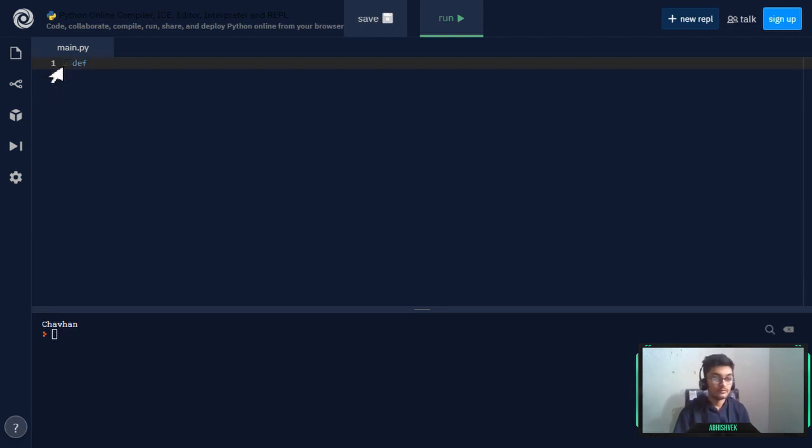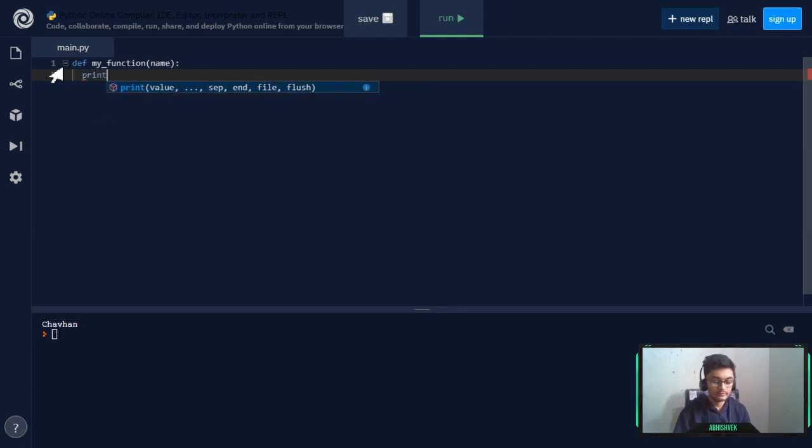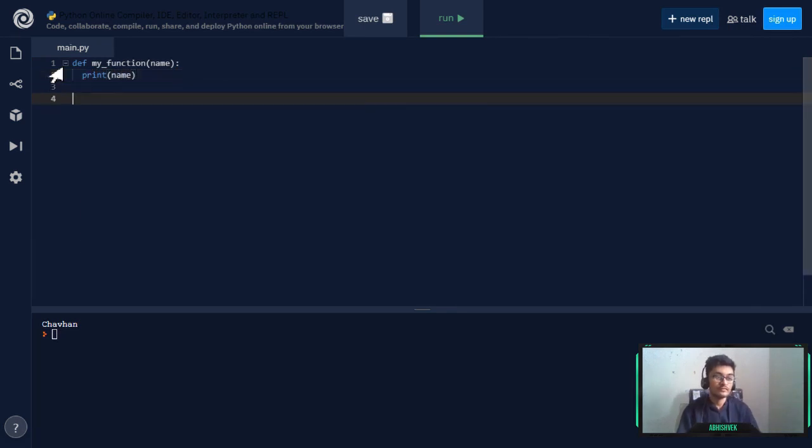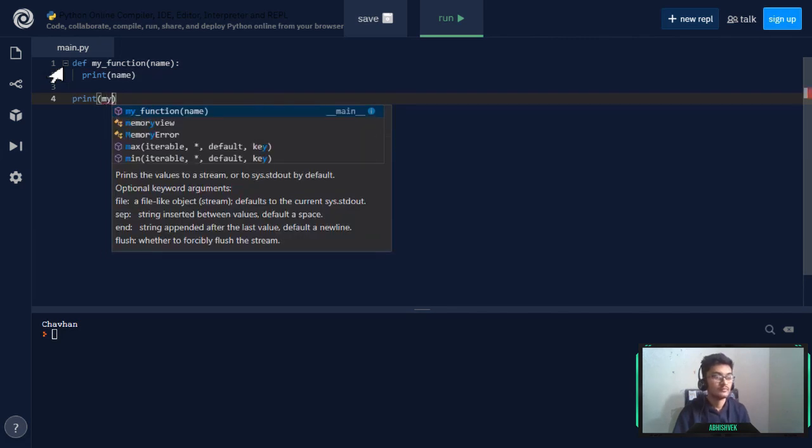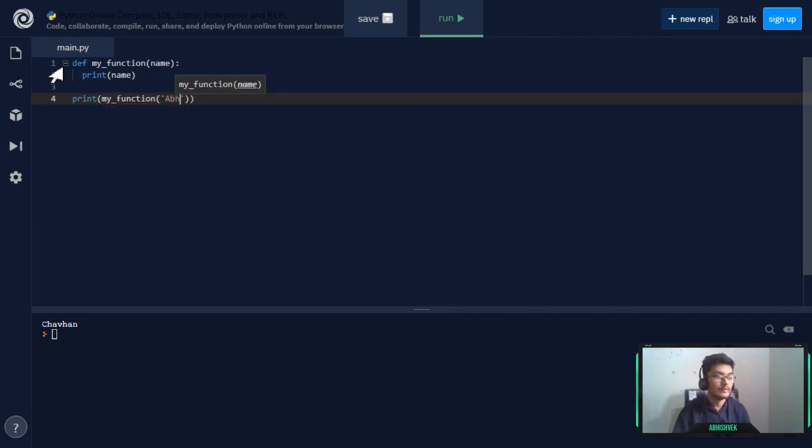Let's create a new function with the name my function. Let's write full function, and here it will simply take a name and print it. So print name. Now what if we simply print the entire function? So I can write here my function and provide its name to be my name, Abhishek, and if we try to run it, we will be getting the print name, which will be conducted in the following code, as well as None for the following print statement, because this print statement will require a return value.